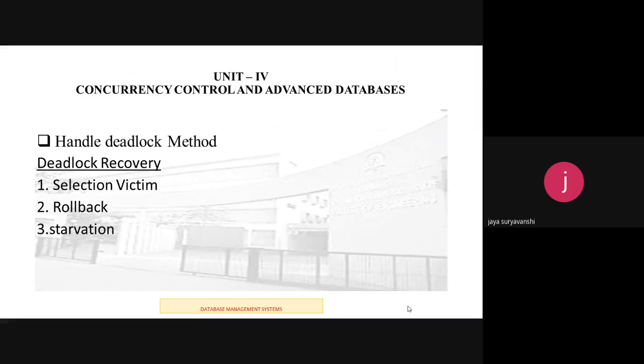The third method is starvation. In the deadlock handling mechanism, the selection of the transaction to roll back, that is the victim, depends upon the cost factor. Sometimes it is possible that some transactions may be selected multiple times in multiple deadlock situations. In such a case, it will be difficult for the victim transaction to complete its execution, and this is called starvation. So a transaction should not be selected as a victim many times. To achieve that, the number of rollbacks of every transaction should be kept low.